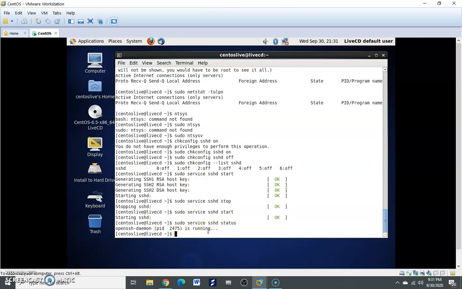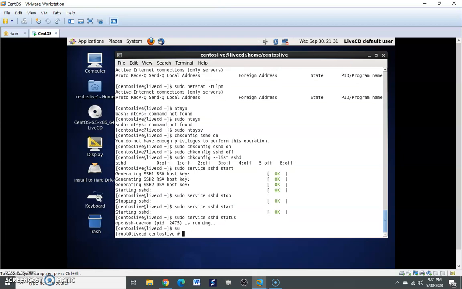Now for that you can use sudo. I am actually entering this command sudo a number of times. Just press su and the prompt changes from dollar to hash.